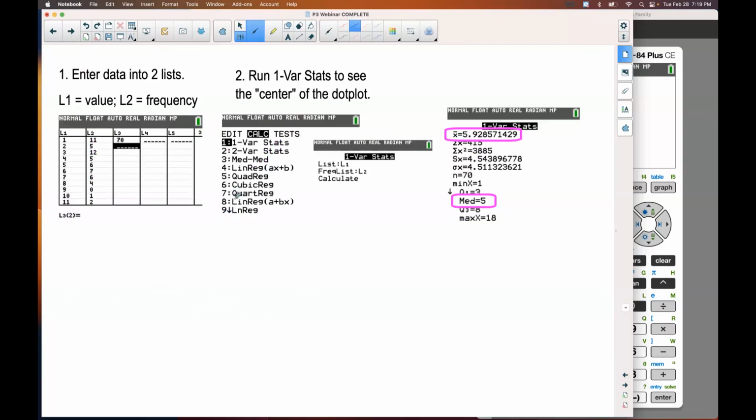And we can see with just 70 trials of this, rolling a die to get a digit of pi, my average, my mean was 5.9. And don't forget to talk about the median. The median was 5. Okay. And so